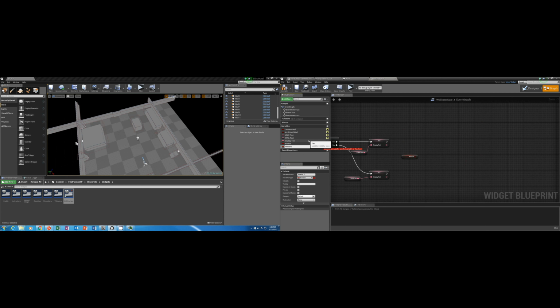Window text. That is text. This is a window. Okay, so